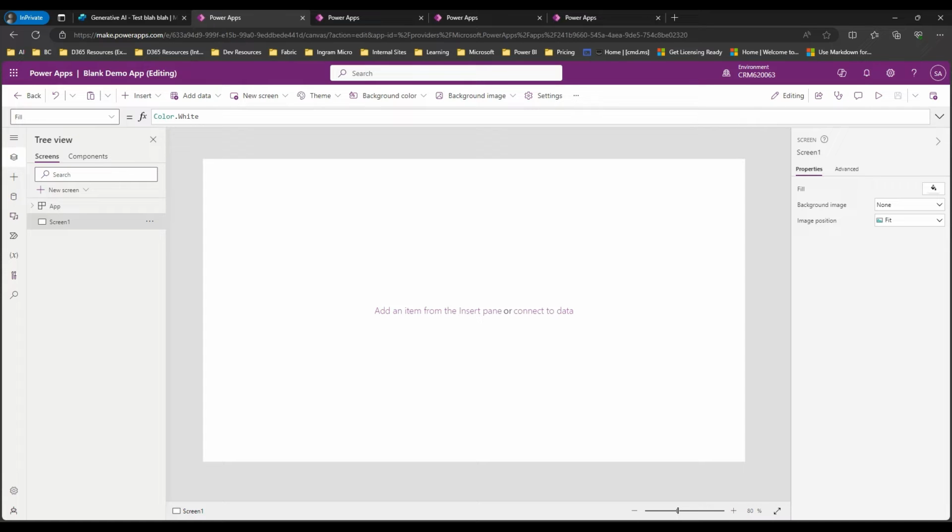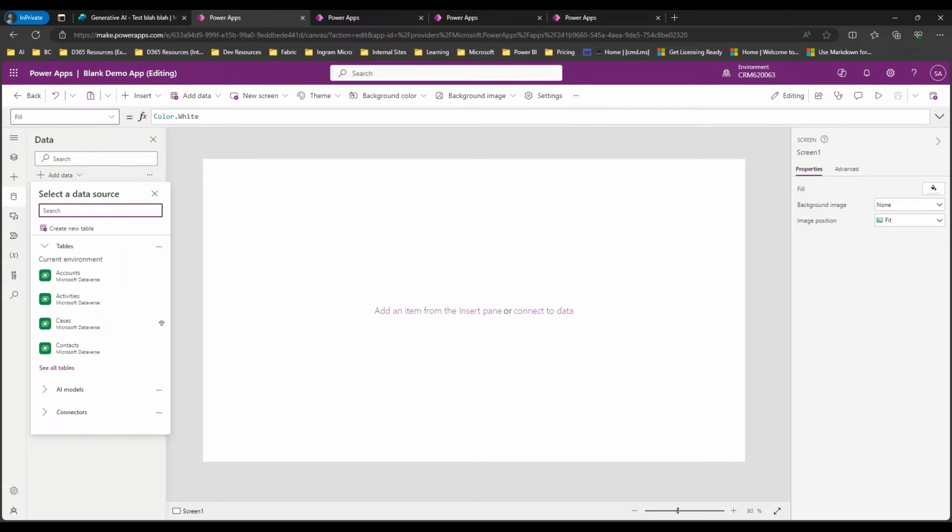So this is a blank screen, completely fresh for me to use. I have a couple of ways I can get started. The first way I'm going to show you is actually through connecting to data. So I'm going to click over here on the left where it says data, and I need to add data